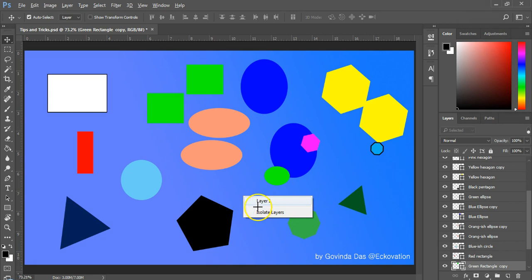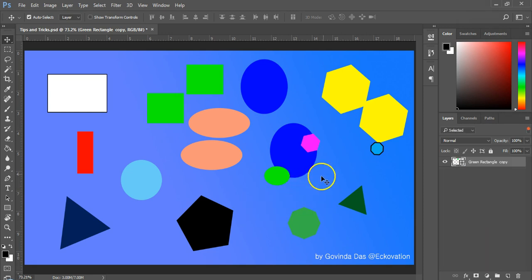Now on the final topic, you can right click anywhere on the canvas and it will show all the layers that occupy that point of click, with the top layer on top of the options. So this way you can select any layer, hidden or visible, which exists at that point.